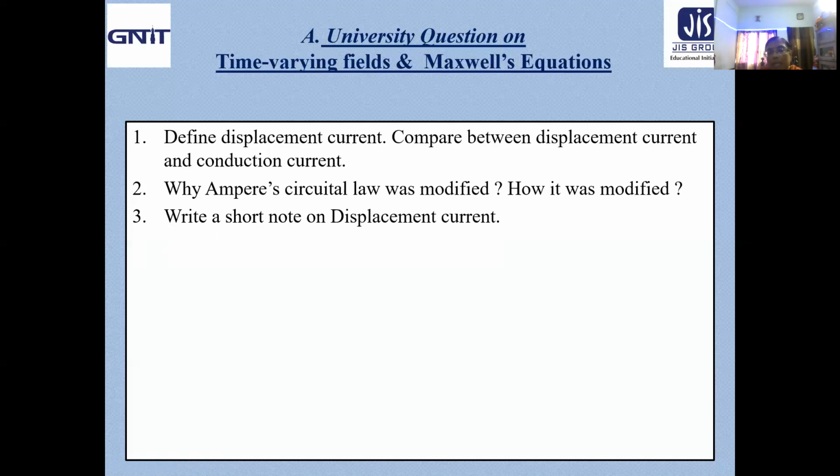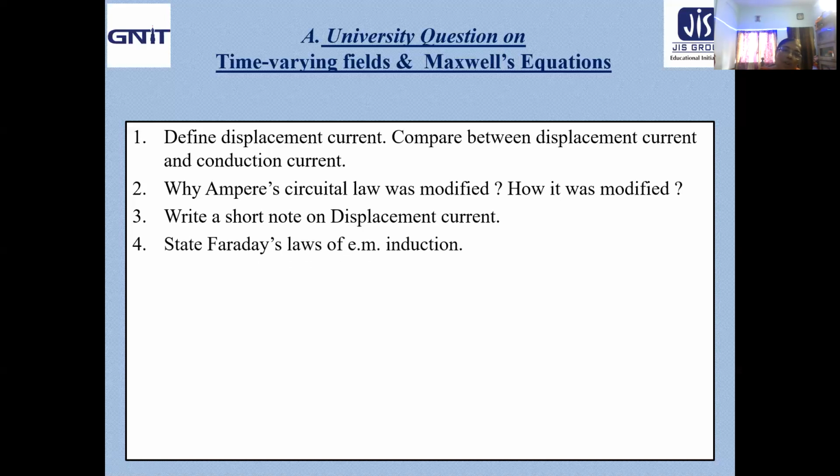Next question is write a short note on displacement current. Now, a short note on displacement current means you write what you know about the displacement current, starting from the definition up to the applications. That means what is the definition, where it arises, how it is used to modify Ampere's circuital law, because it is a very special one. Next, the example where displacement current is useful in the case of charging and discharging of a capacitor. Definitely that you will mention in the application part. Okay. Next question.